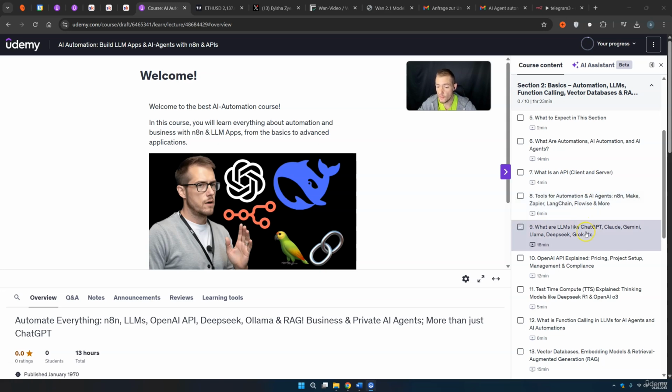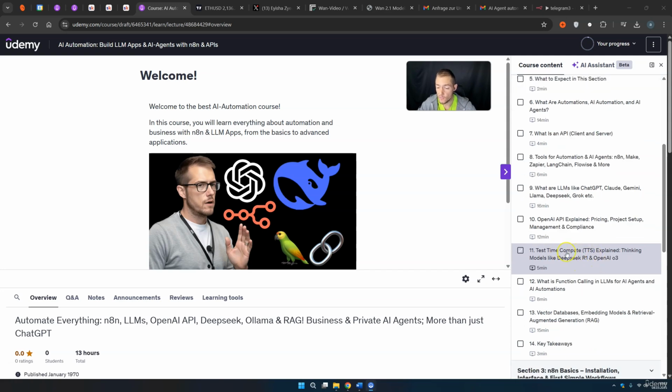We need to understand what is an LLM because the LLM is the brain of our automations. I want to show you the OpenAI API, how the tokens are priced, how to set up projects and what's important for compliance. I want to talk briefly about test time compute and when you should use these reasoning models